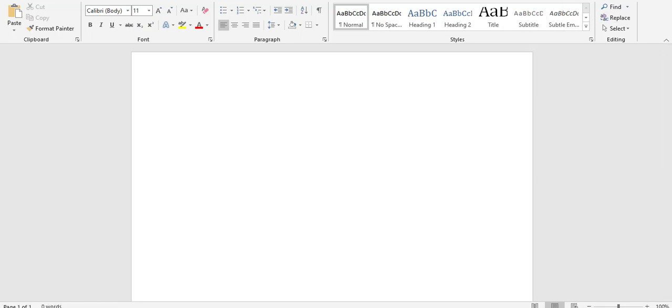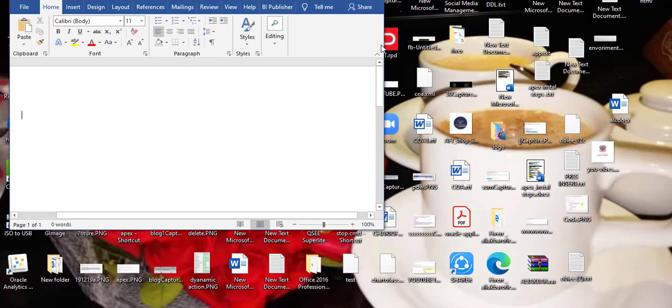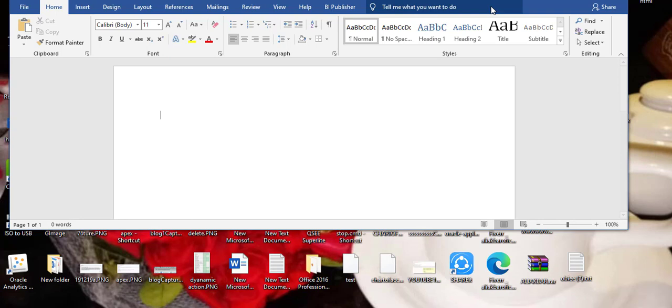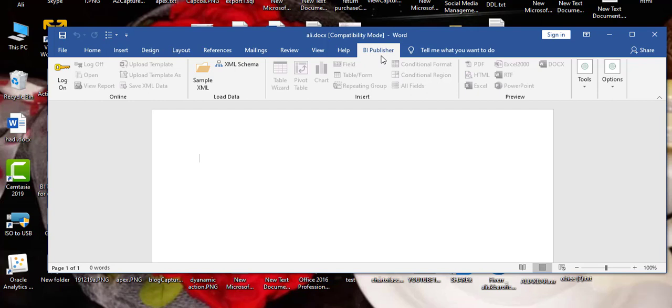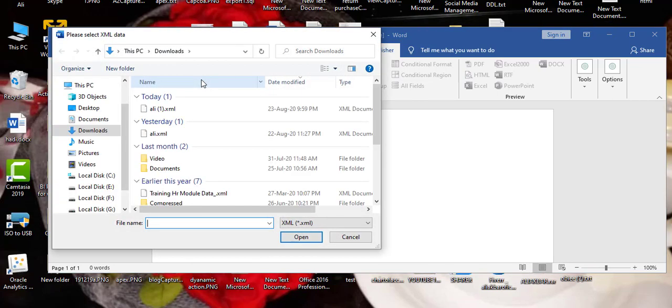You can see here the BI Publisher tab showing in my MS ribbon. When I press BI Publisher and select Sample XML, I will select the XML file which we created.